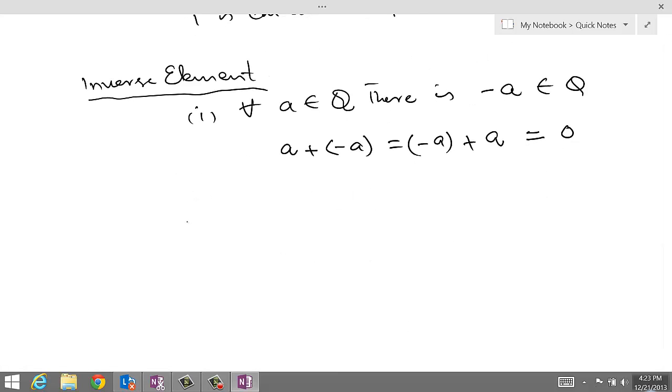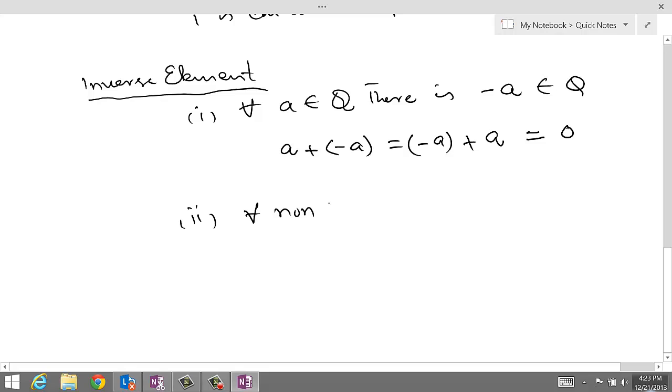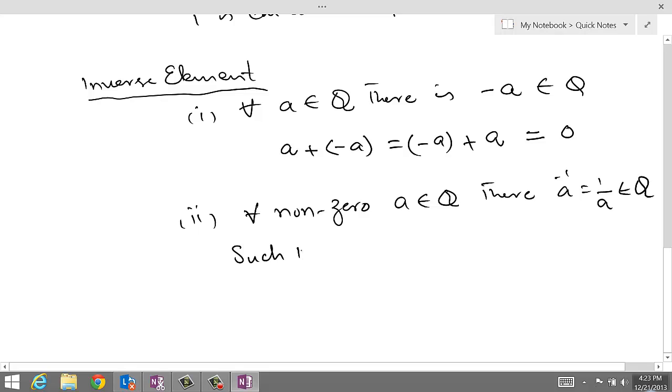And with respect to multiplication, for all non-zero, that is important, for all non-zero A belonging to Q, which means for any non-zero rational number, there is A inverse, which is in fact equal to 1 over A, belonging to Q, such that A times 1 over A, or 1 over A times A, should give us the identity element, which is 1,